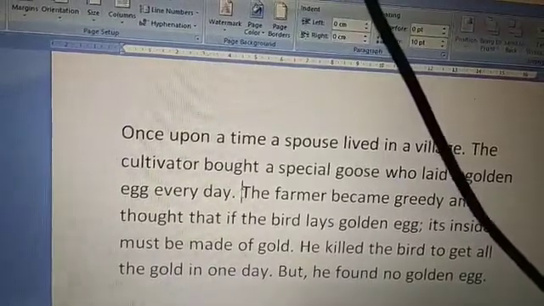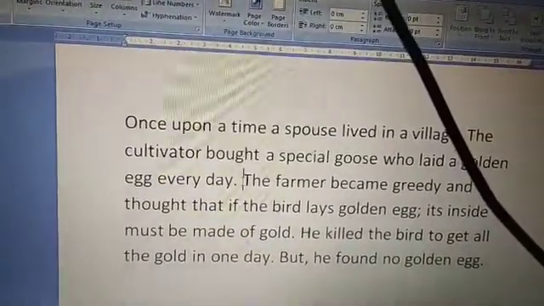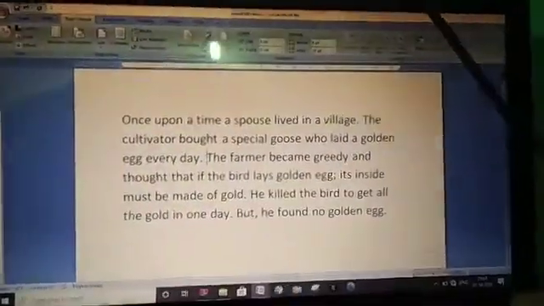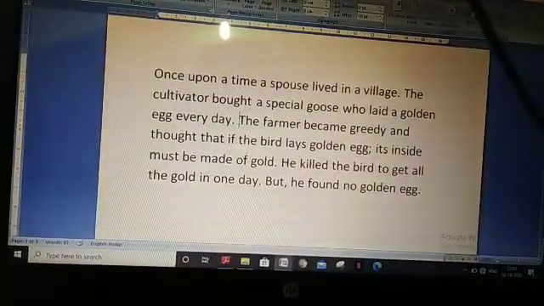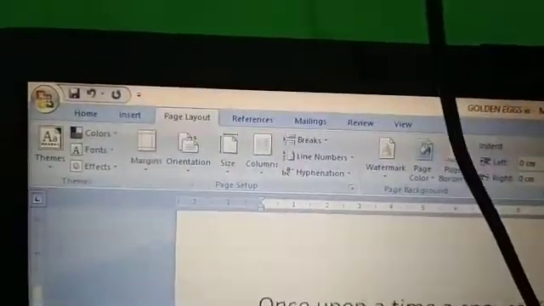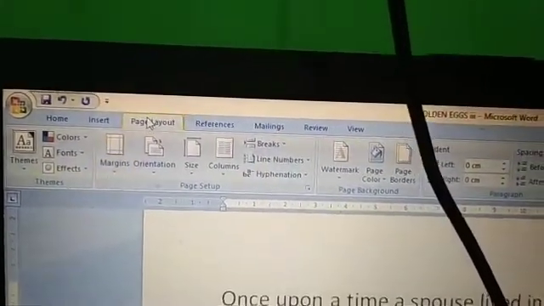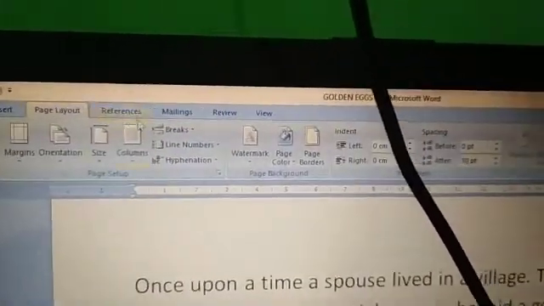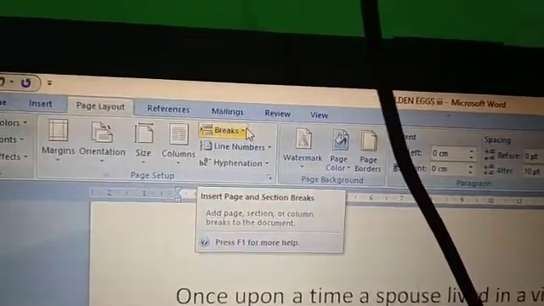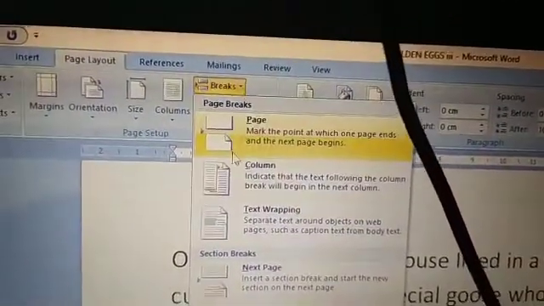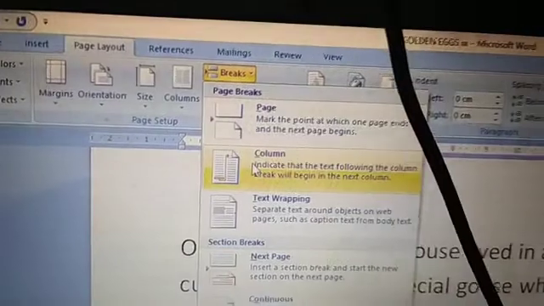Wherever you click, the cursor appears there. So the first step is done. Now go to the Page Layout tab, and here is the Breaks option. Click on the arrow. This is the Column option. Click on Column.